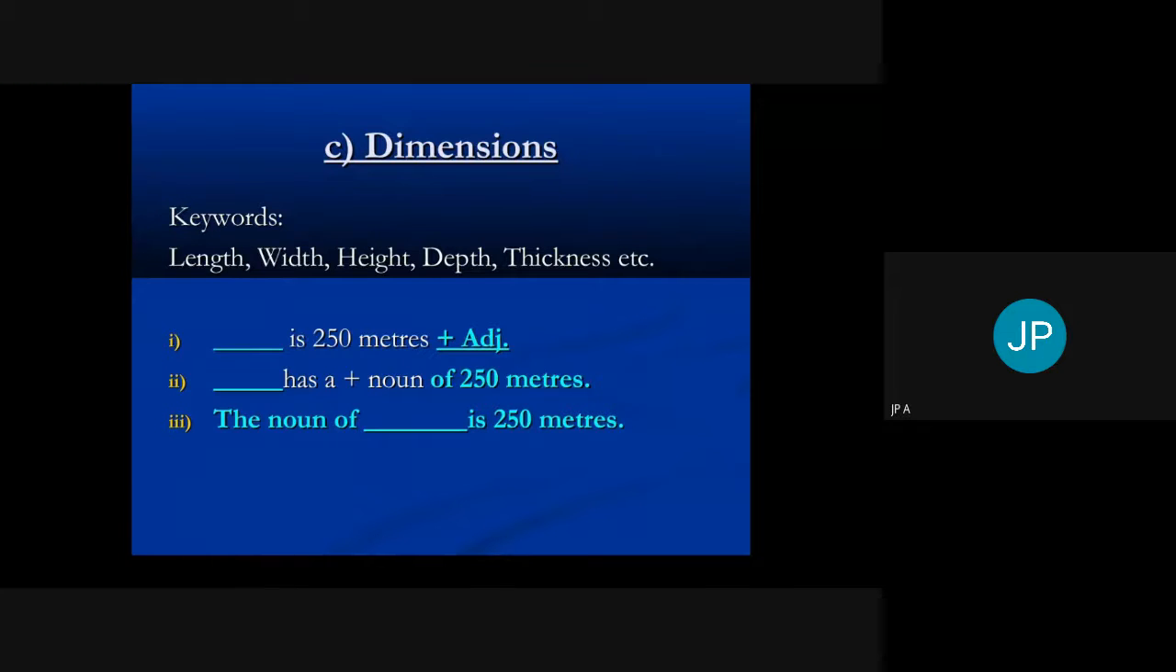What is its form? Whether it looks like a cylinder, whether it looks like a triangle, a circle, a square, or